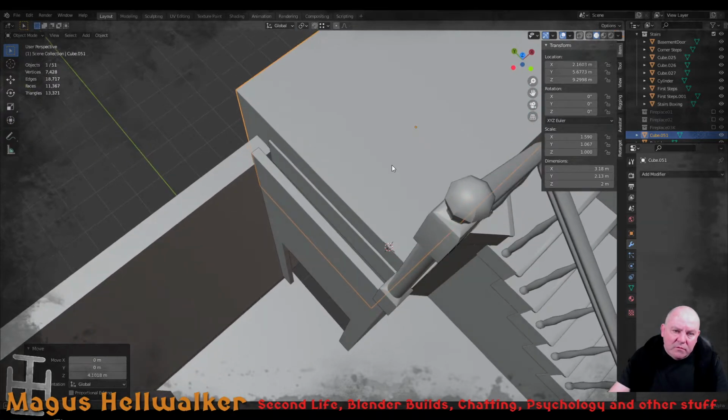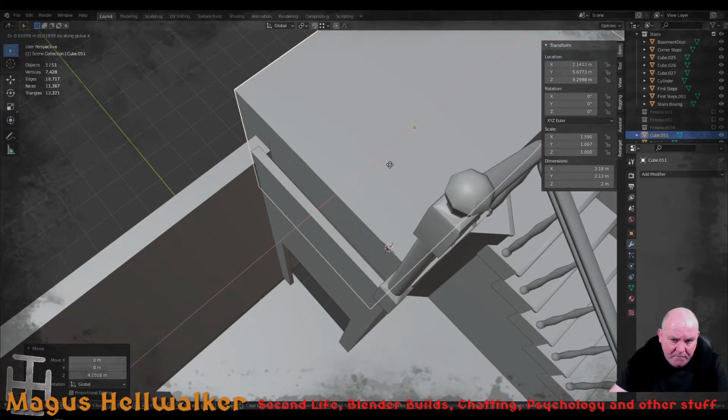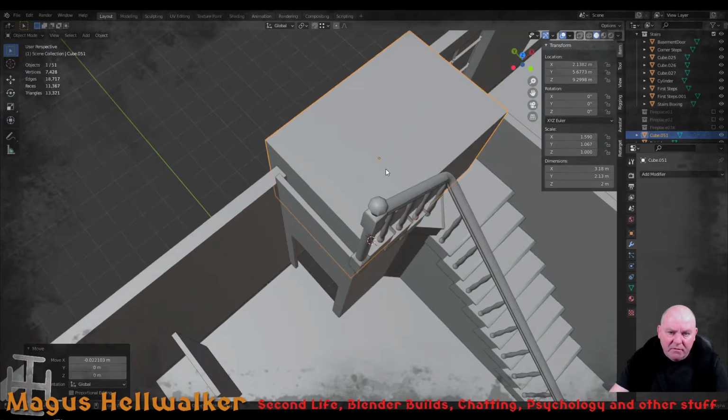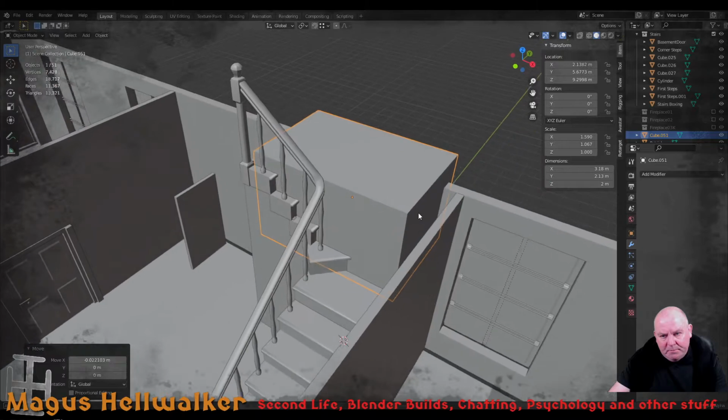I'm going to move, well, actually, G. I'm going to move that about there. This hole needs to be